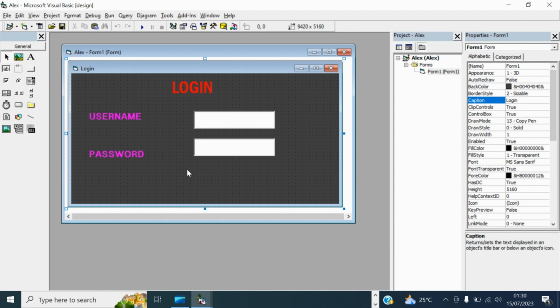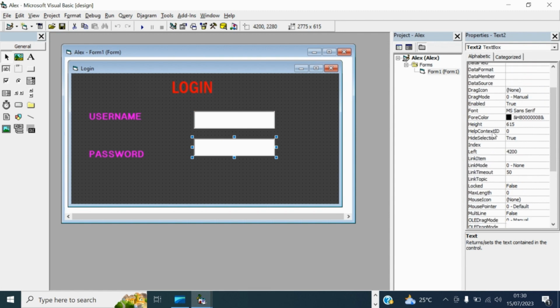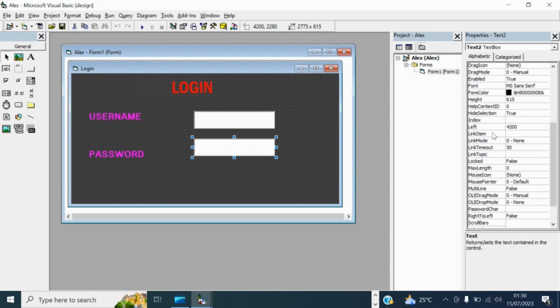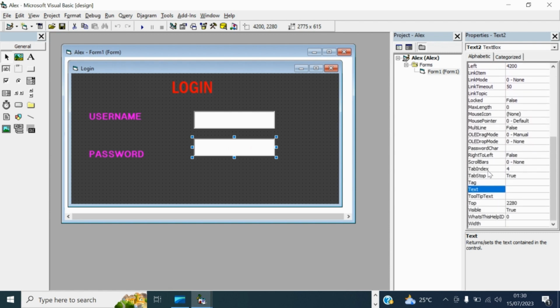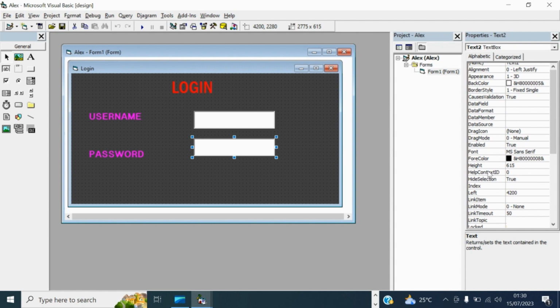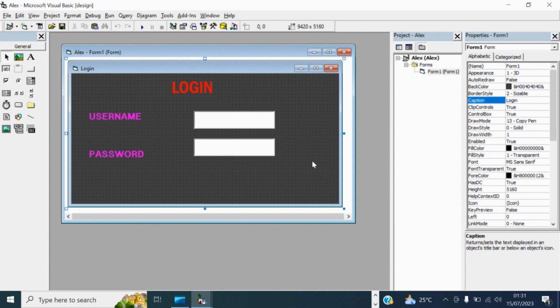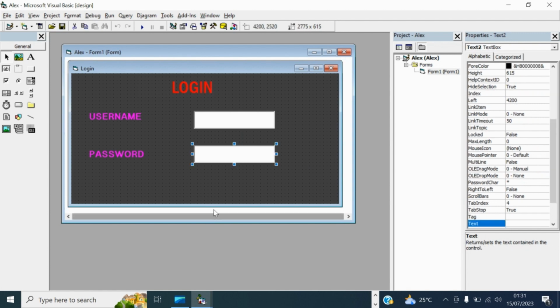So the next thing I'm going to do, because this is going to take a password, I'll click on it and come to properties. The password character, this one, shift 8, put a star. The next thing I'm going to do